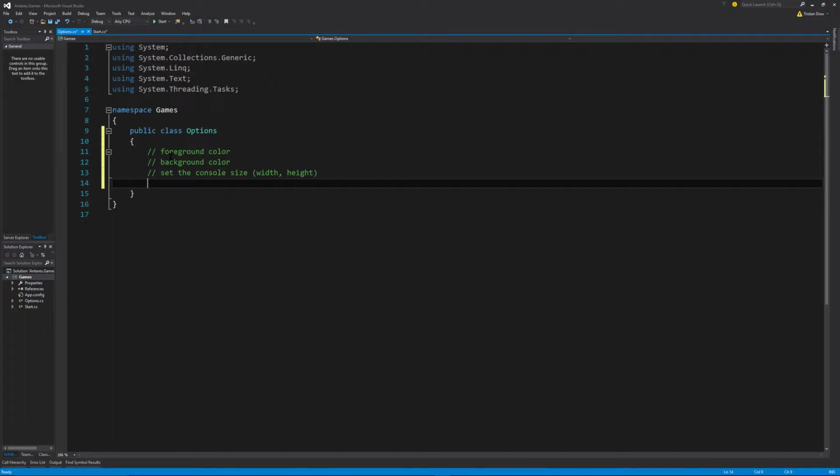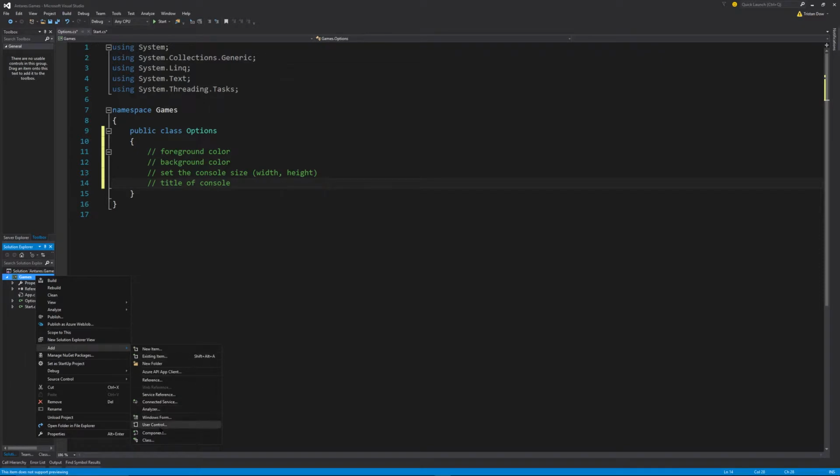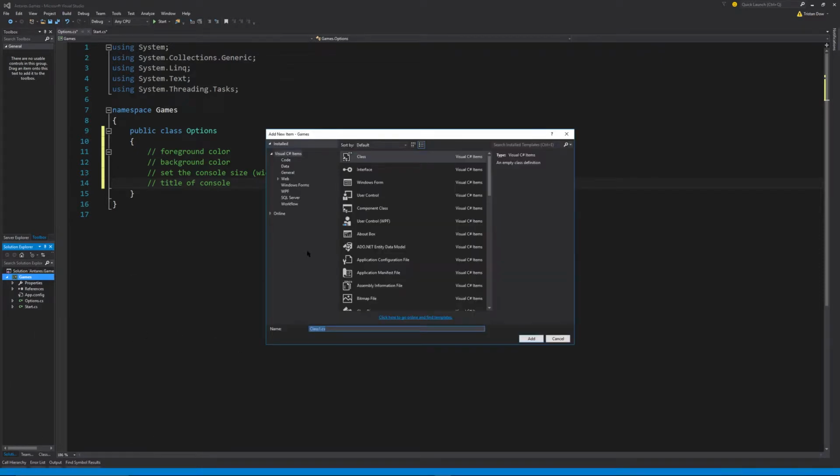I'm working on a workaround, so we'll see how that goes. Let's see, what else are we going to set in here? We're going to set the title of the console. And I think that's about it for right now. But these are all going to be options that we're going to be able to choose ourselves in-game, and they will change in-game. So, let's go ahead and click on games one more time, add a class, and call this